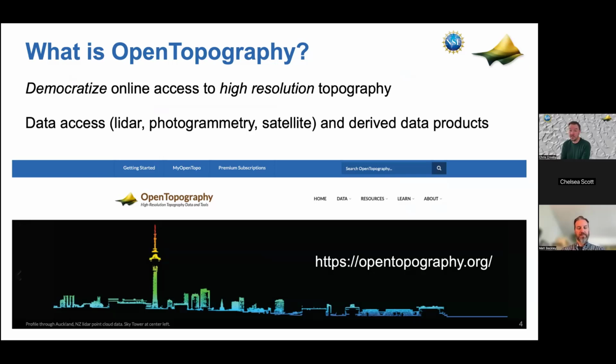And we're really interested in providing access as well as tools to allow users to interact with these kinds of data, whether it comes from a laser scanner, whether it comes from a photogrammetric workflow, whether it comes from a satellite like a radar or a laser altimeter or other types of tools that collect these kinds of data. And we'll talk more about the nuances of these sensors and data types in future weeks. But this is really what OpenTopography is all about, and it has been motivated by this since we started doing this work.